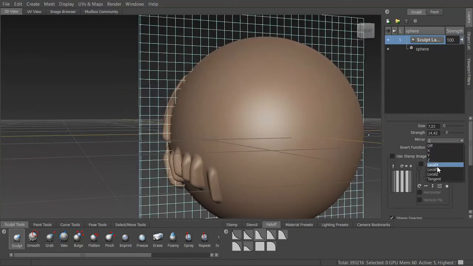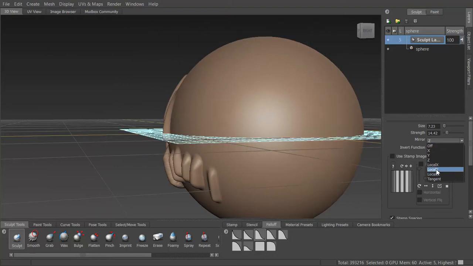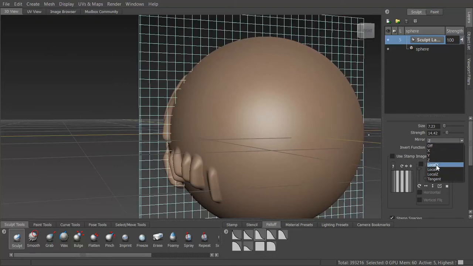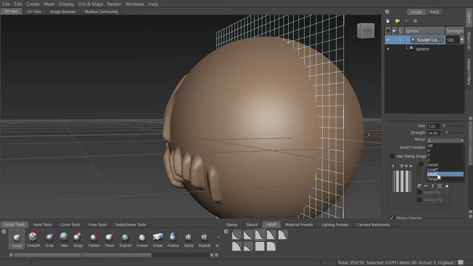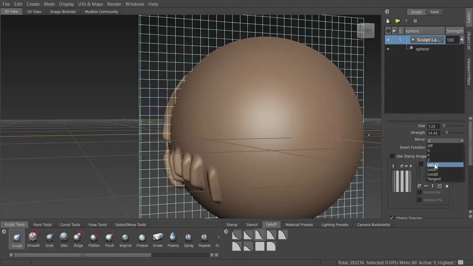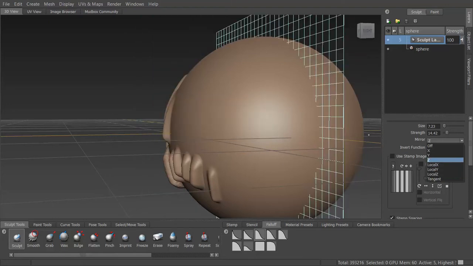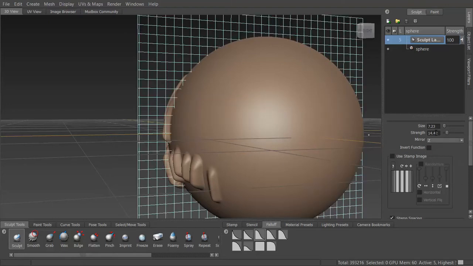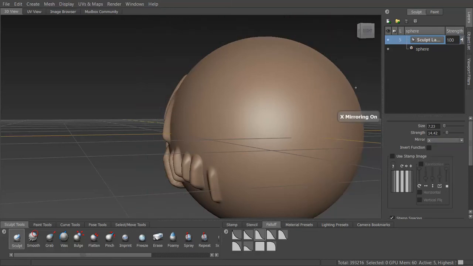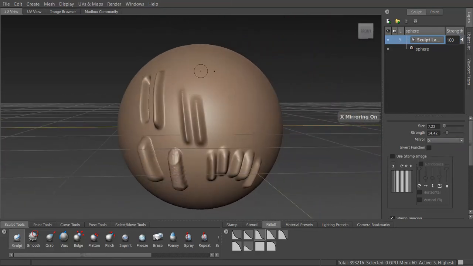And then my local axes, which are mostly going to be used if your pivot point, when you imported this object in from another software, was at a weird place. You might want to use these. Alright. Typically you're going to want to use X if you're creating somebody's face, because this is my front view